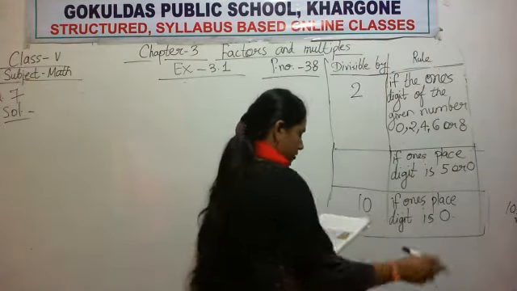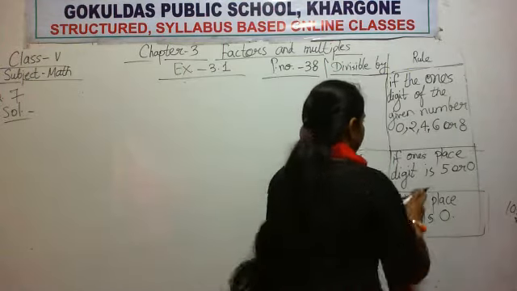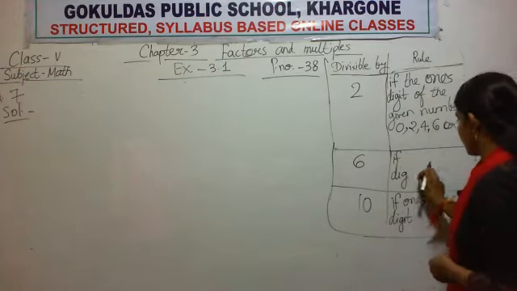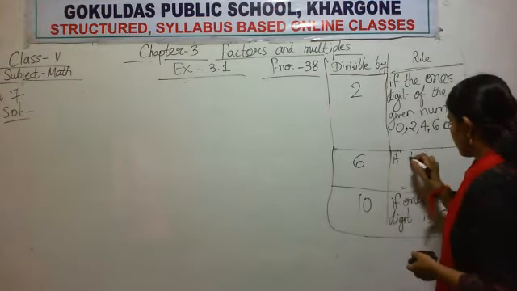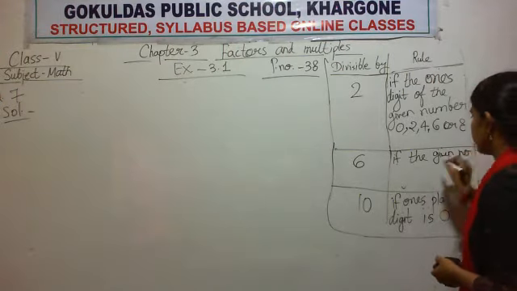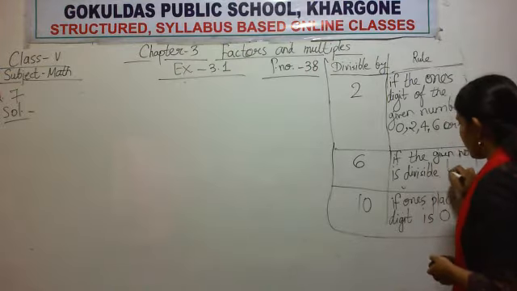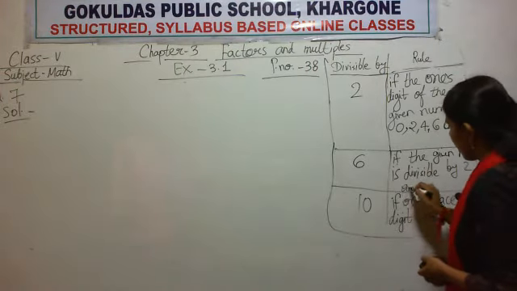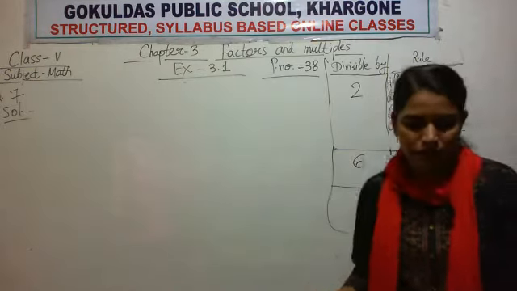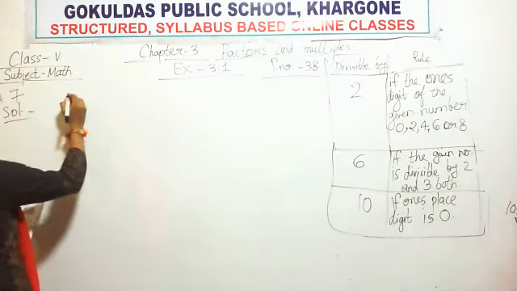You have to check the divisibility by 6. So if the given number is divisible by 2 and 3 both, then only you conclude that the given number is divisible by 6. So here what you have to do,